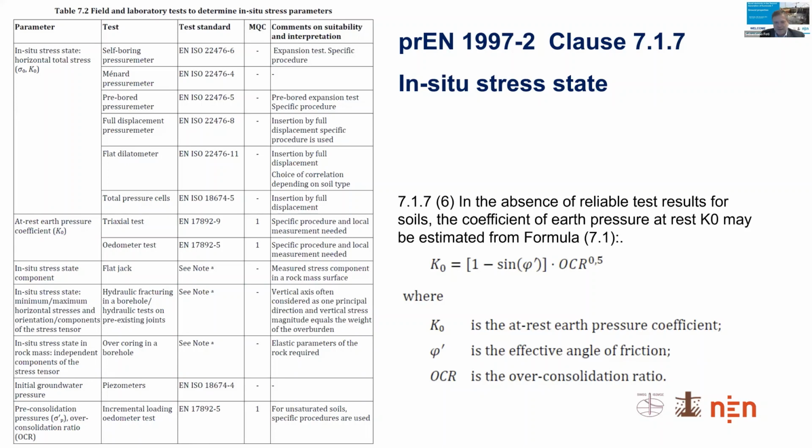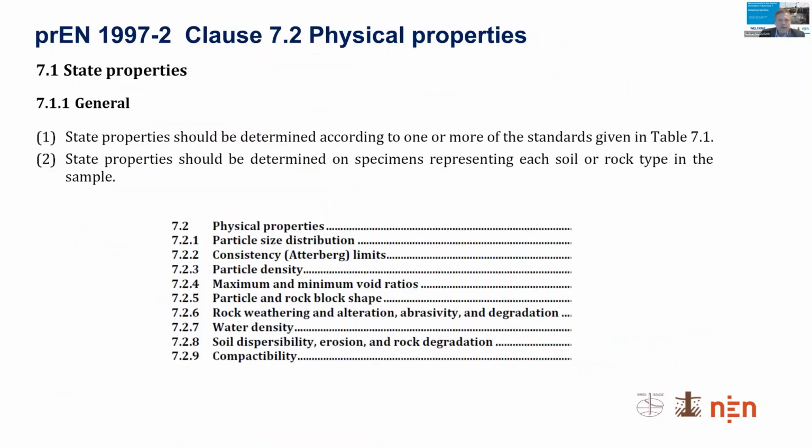These are stated by the code, but it is always something that is not suggested, and neither can it be considered as required. Clause 7.2, physical properties. Again, the list of the physical properties that are considered in the code, and again the indication that they should